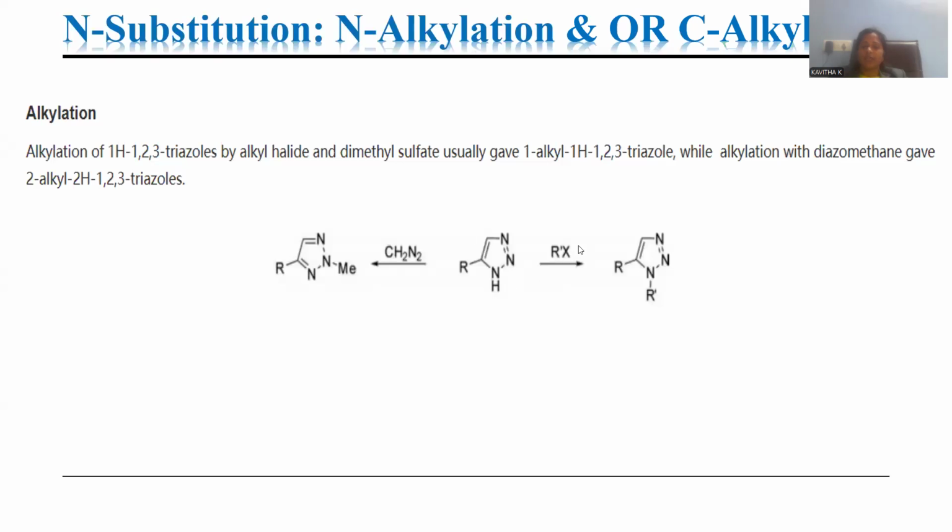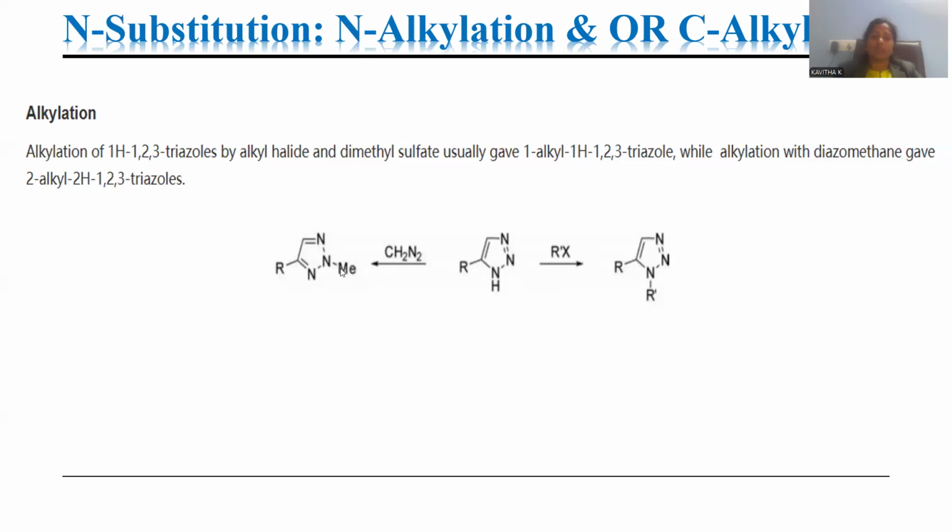Triazole is to be treated with simple alkyl halide, so that N-alkylation occurs; the alkyl group is already there on this triazole in the starting material itself. Another alkyl halide, if added without any catalyst, is prone to this N-alkylation in general. N-alkylation is accomplished. The same kind of triazole is to be treated with diazomethane. This molecule, CH2N2, is called diazomethane. Diazomethane is the reagent to be operated that is going to attach to this nitrogen